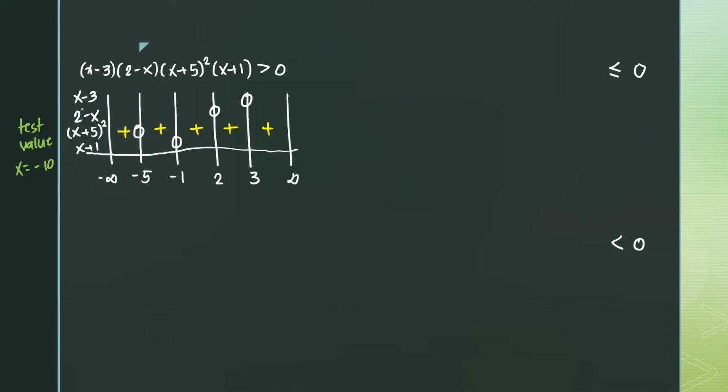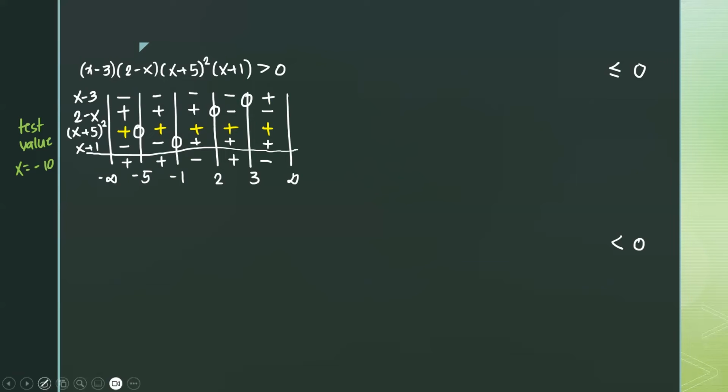If it's -10, negative 10 minus 3 is negative. 2 minus negative 10 ay positive pala siya dito. Negative 10 plus 1, negative. So here, the signs would be negative until it reaches 0. The signs will be positive until it reaches 0. That's when it changes. Negative until it reaches 0. Now, everything's being multiplied. Negative appearing twice is positive. So this is also positive. Negative appearing once is negative. Appearing twice is positive. Negative.